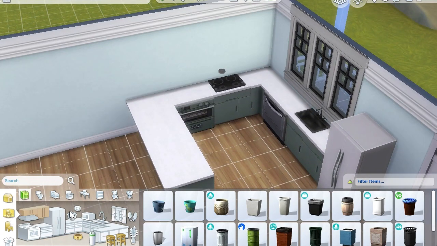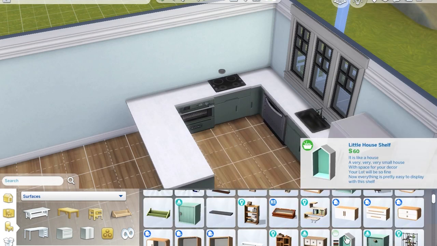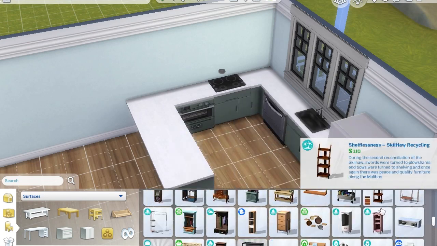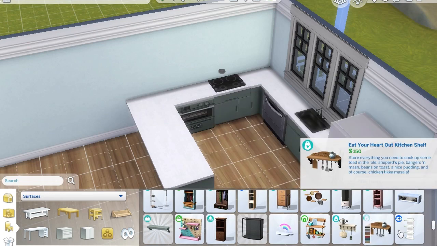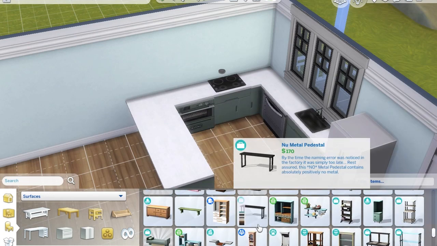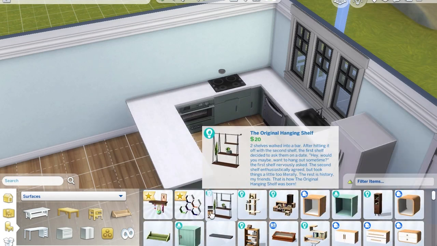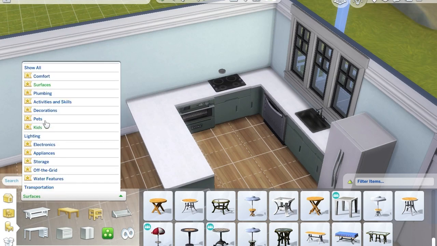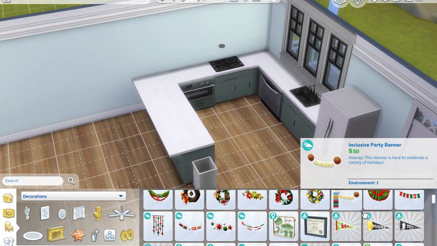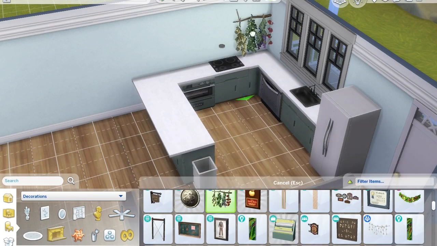I don't remember if I put upper cabinets. I guess we'll see. But yeah, here I was just going through, trying to get a little bit of clutter, trying to get a few decor pieces, just to decorate the kitchen a bit more so that it doesn't look as empty. But yeah, I think this is the basic layout that I went with, because that's obviously the layout that is seen in the picture of the floor plan,